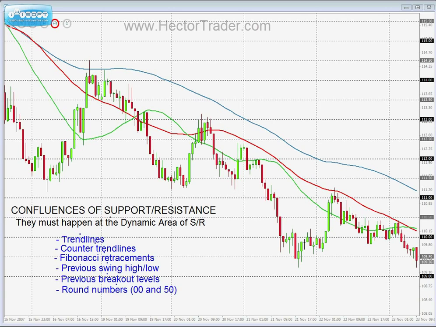In this video I'm going to be talking about confluences of support and resistance. The definition of a confluence is different elements of support and resistance coming together within a few pips